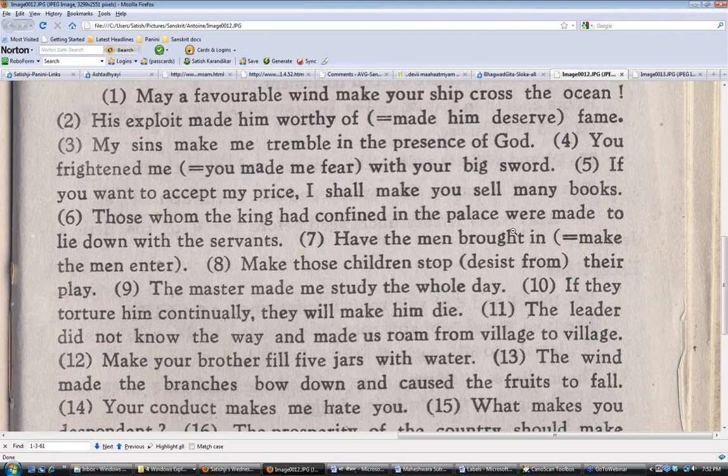So idamastu sannikrishte: idam should be used for something which is close by to you. Samipa tara varti cha etado rupam: for one who is even closer to you, etat should be used. Adasastu viprakrishte: adas should be used when something is far, but you can still do anguli nirdesha, you can still point to it. Then the last part is taditi parokshe vijaniyat: only if it is out of your sight, you cannot see, then you should use that.